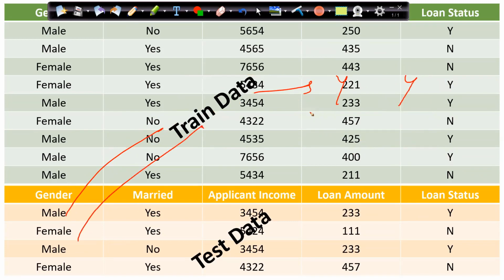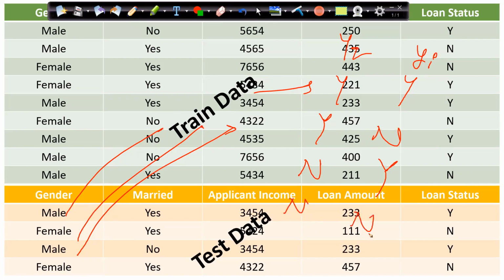For the second record, it is not meeting the criteria, and the output which we are getting is Y, right? And the original data is N. So this is my YQ, this is my YI. For the third record, again, my YI is Y, but my model is saying no. And my fourth record is again N. My model is saying N, and my actual data is also N. So I did 4 times.